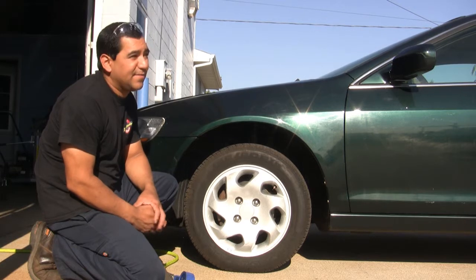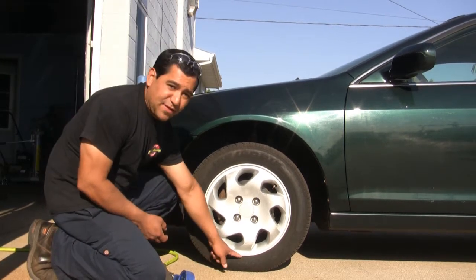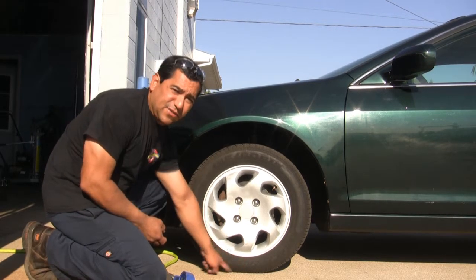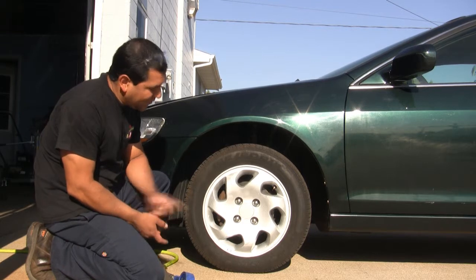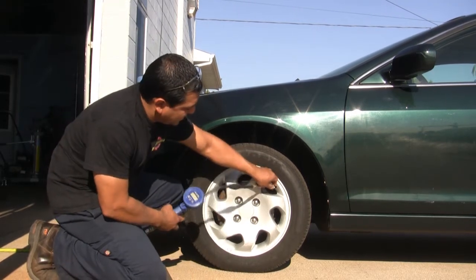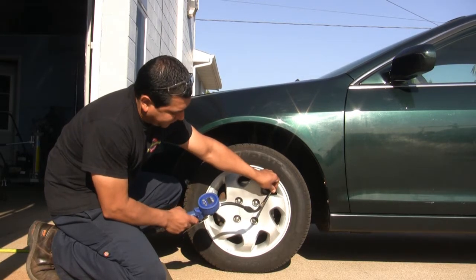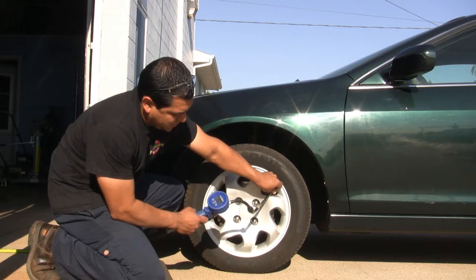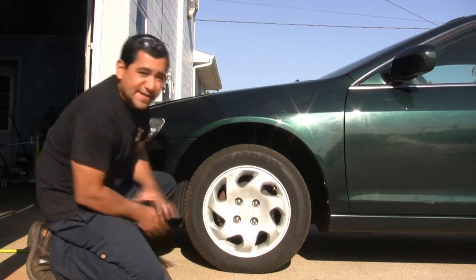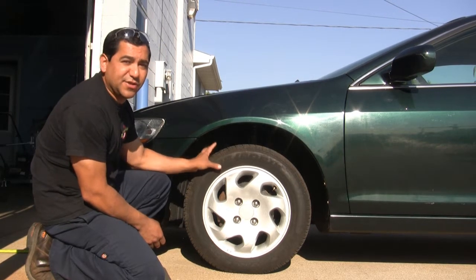Well, if it's flat, that's obvious. But when you look at a tire, this is the front tire on a Honda Accord. You notice that it kind of looks like it's a little bit low there at the bottom. Well, let's check the tire pressure and find out. 36.5 pounds. So this tire is not low,